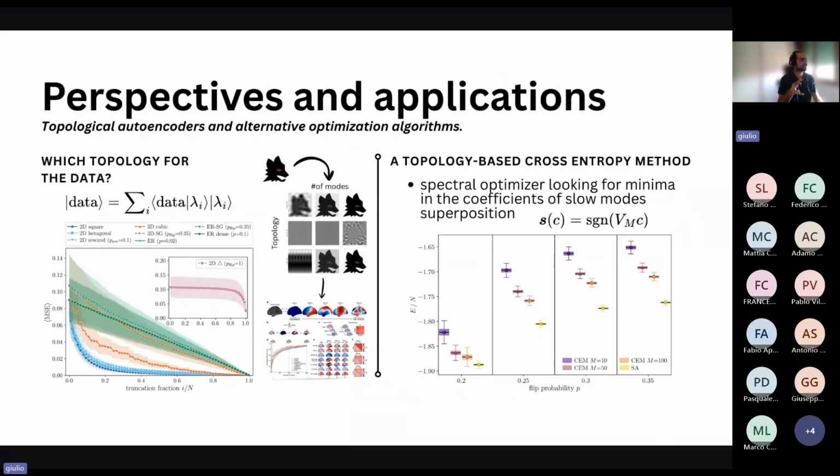This is like the end, some few perspectives and applications that are really just the beginning, because it was much of a theoretical construction and understanding. But now that we have a picture of the whole, we are trying to start seeing which kind of applications we can do. One very clear one is that we can build this kind of topological autoencoder, which costs zero training because they are just the linear projection of your data on top of your structure.